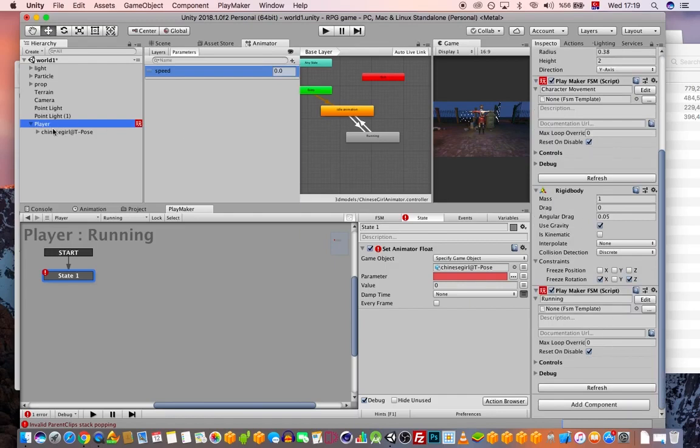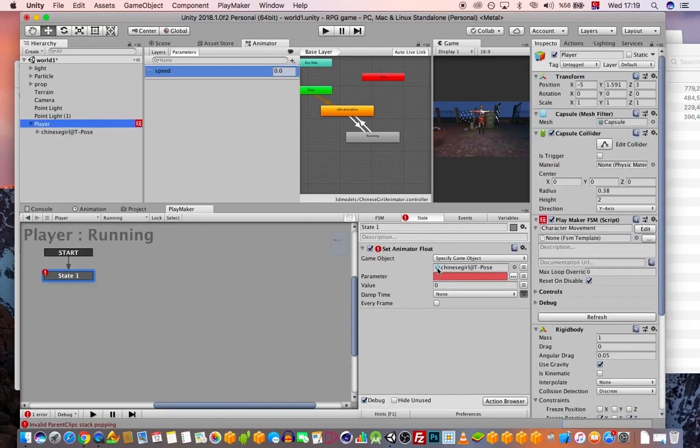Player doesn't have any animator. So we are in this one, we need to select speed and value is 0 and we say every frame, okay? So this is done. So we created the speed parameter and we set the thing, okay? And so this should be okay. So if we click yes,